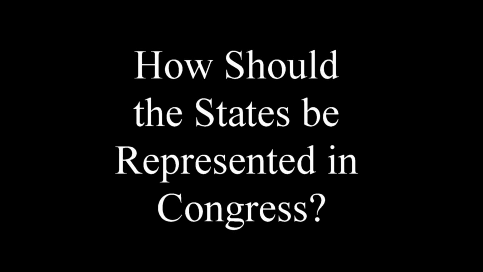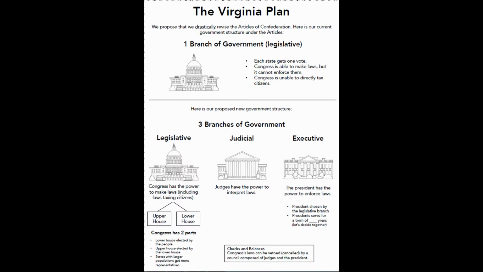Okay, we're going to start today's lesson on choosing representatives. And you remember we were talking about the Founding Fathers had used the Articles of Confederation for the last 10 years, and now they realize that it's not very good and they need to come up with a better plan. One of the plans they came up with was the Virginia plan.